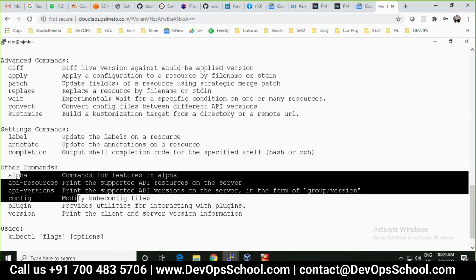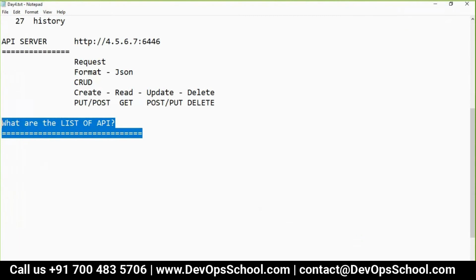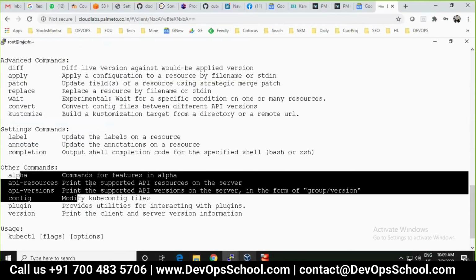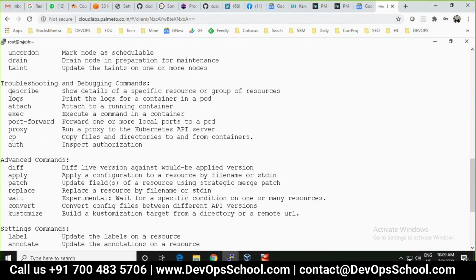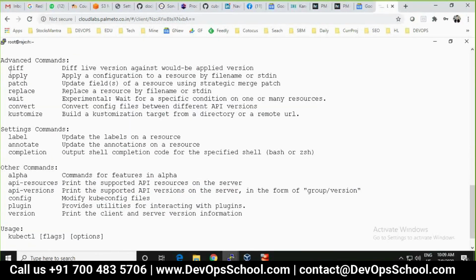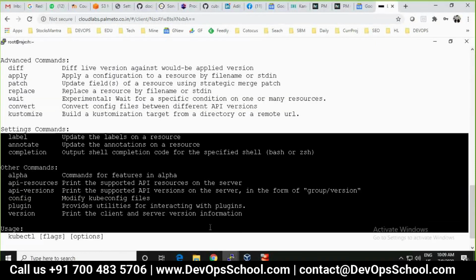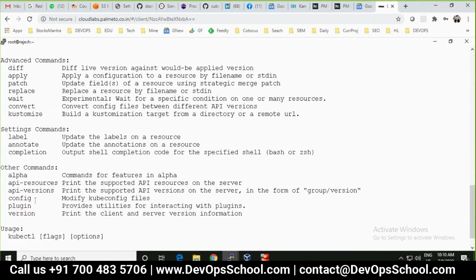Now I want to know what resources are available, because my topic is very simple, right? What is the list of APIs? So that's my requirement, it is very simple. So how do we go and get it? Can you help me here? API resources. Yeah, so you found out your answer yourself.